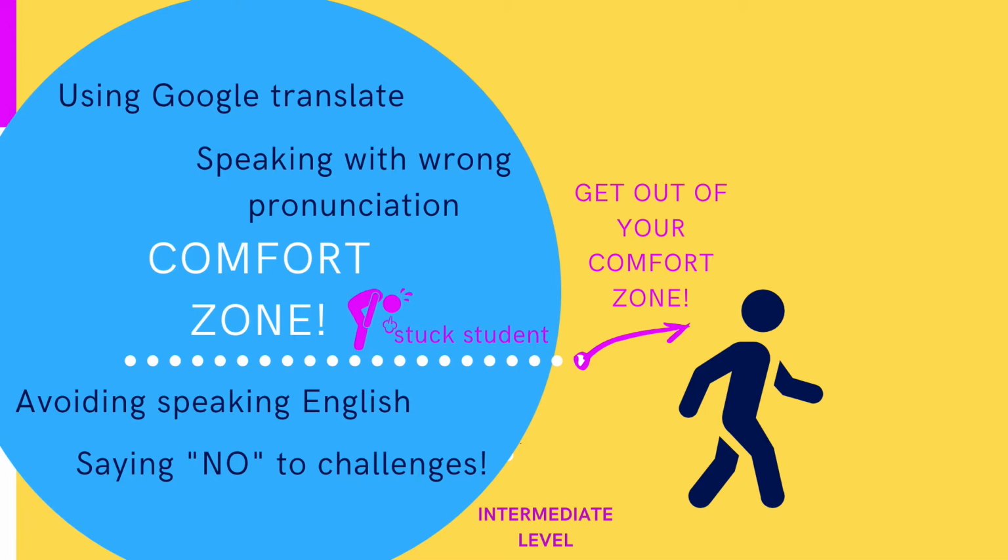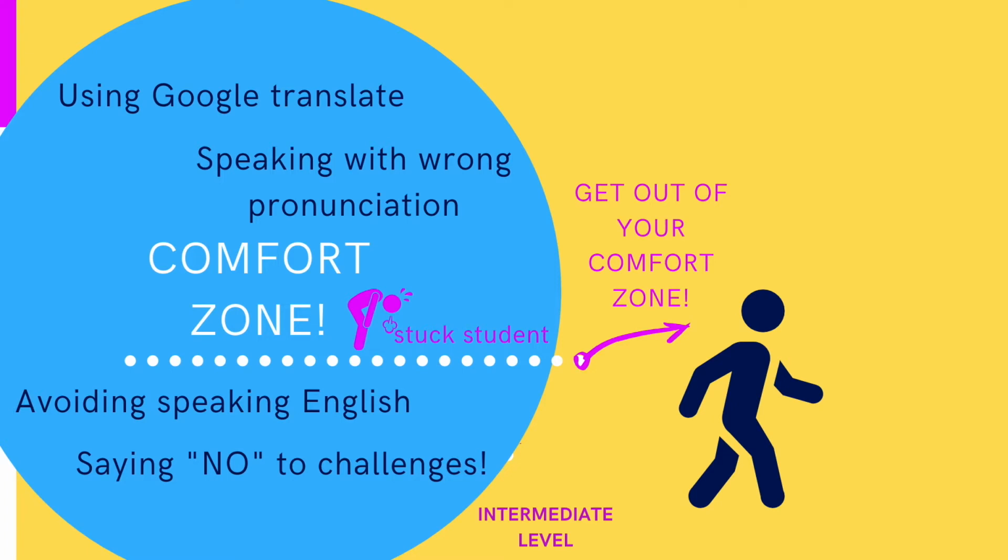How can you go to the advanced level if you keep doing the same mistakes? And the Google Translate is a very good tool when you're in the basic level, but when you get to the intermediate level, you want to make progress. So you want to be able to explain to people what you are trying to say, even if you don't know that word. And then once you explain what you're trying to say, people will be able to say, oh, you mean that word, you mean this, you mean that. Yes, based on the context